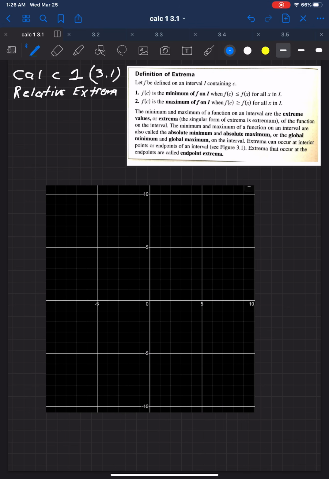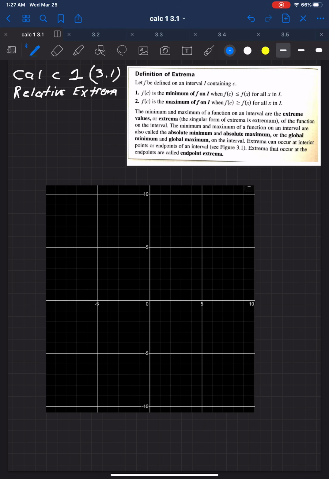that contains C. Now, it is helpful if you take your time with these definitions, right? At some point, if you've got a lot of math in front of you, you've got to stop giving these cursory looks to the theorems and the definitions, because if you really want to get good at this stuff, sometimes we've got to dig in, and when you dig in, you'll find that really it's not that bad. So let f be defined on an interval containing C.